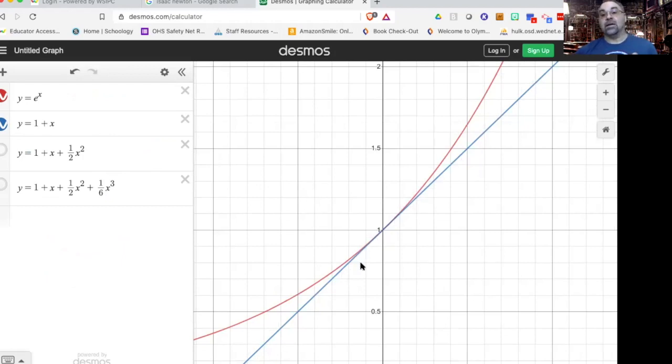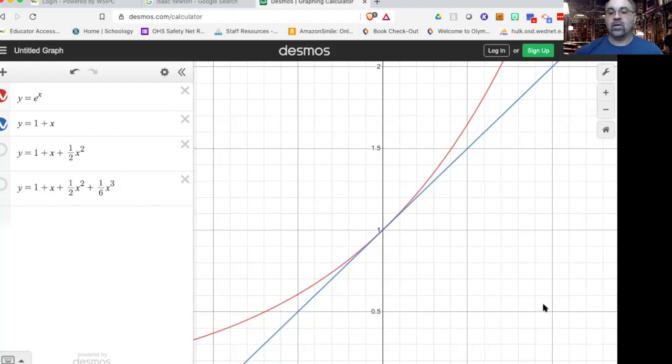And that was the idea, right? That the tangent line was a pretty good approximation as long as you stuck close to x equals 0. So what Taylor and Maclaurin did was they said, well, if the linear one's good, what about a quadratic one? And so